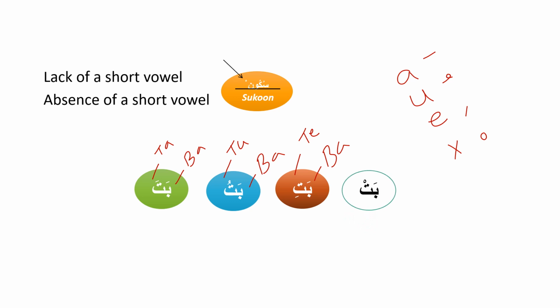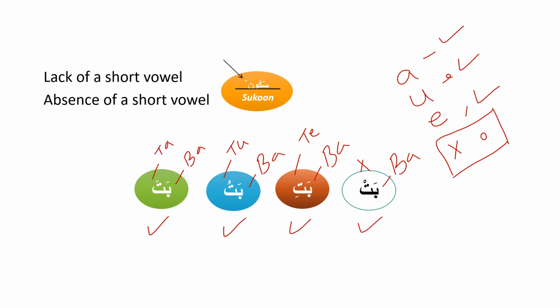With sukun, ba with fatha, ba, and then no sound. The way I pronounce it, bat. You stop if you don't see any harakat like fatha or damme or kasra, because sukun has no sound. So here at the end I stopped. So let's read them one more time. Ba ta. Ba tu. Ba ti. Bat.